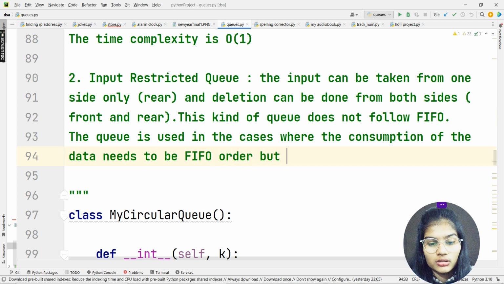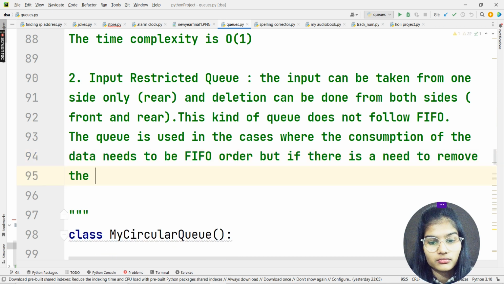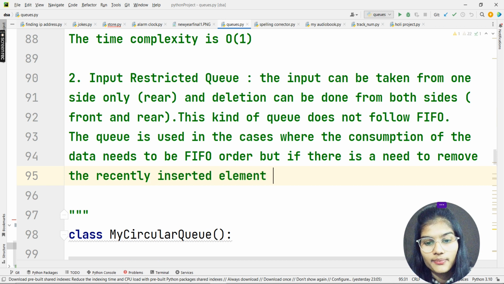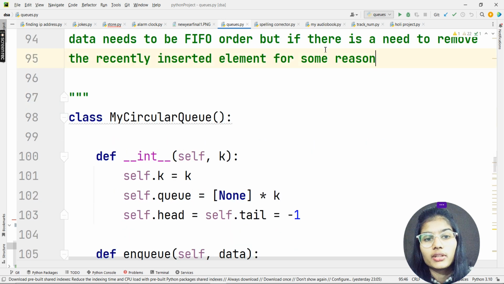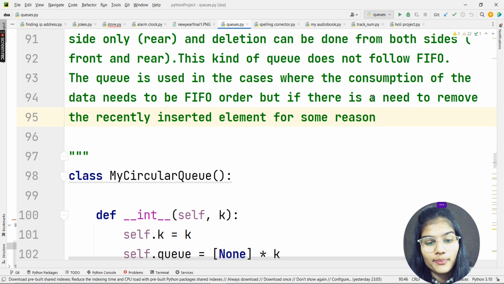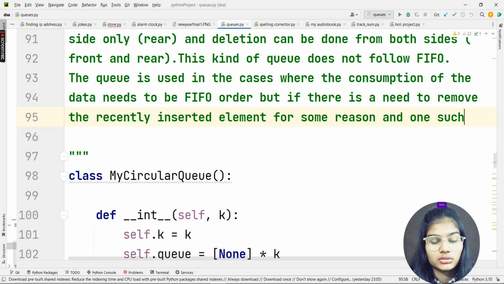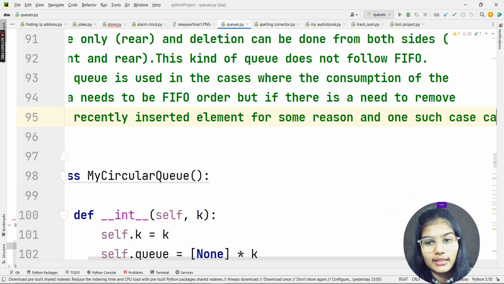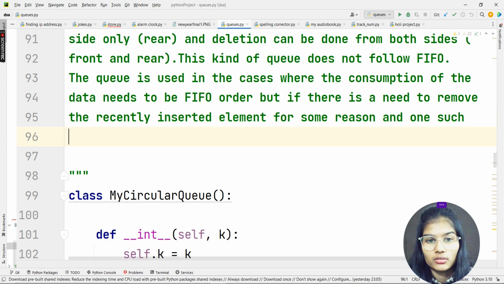But if for some reason it is very much needed that you need to remove the recently inserted element, in that particular case, one such case can be